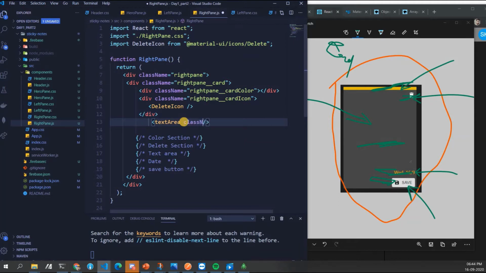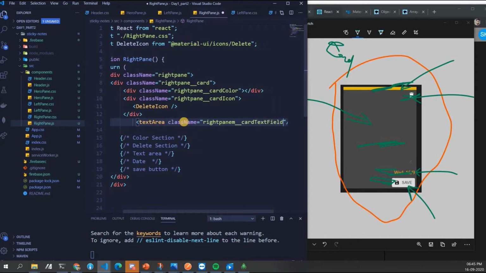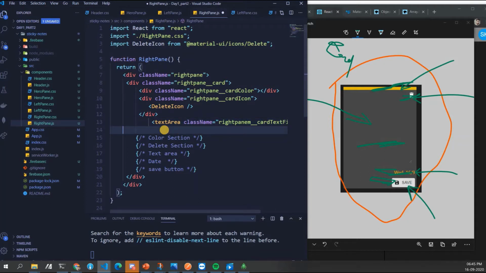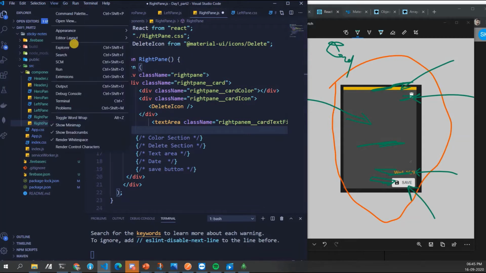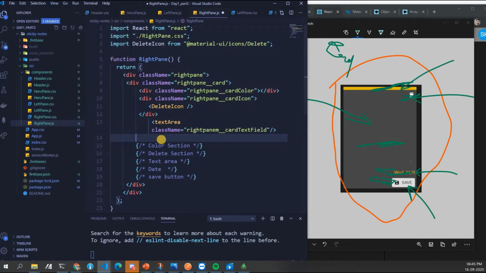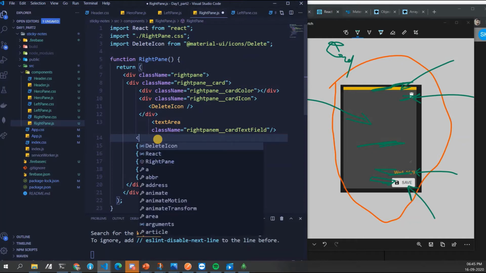Just provide class name equal to right-pane underscore underscore card text field. So this is the text area. Now we have view toggle word wrap. We have a div